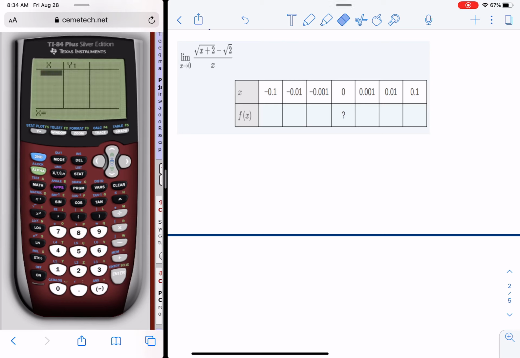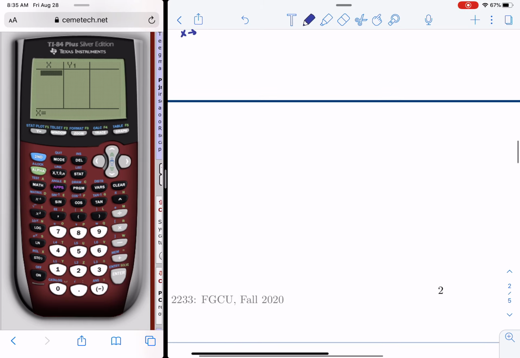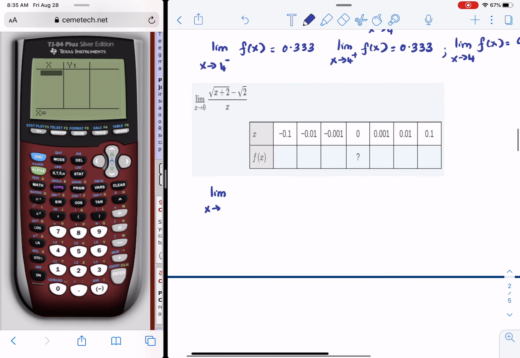I'm going to approach it from the left-hand side, approaching 0 from the left-hand side. So f of x is simply square root of x plus 2 minus square root of 2 over x. Negative 0.1 gives me